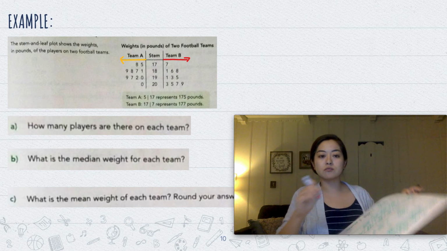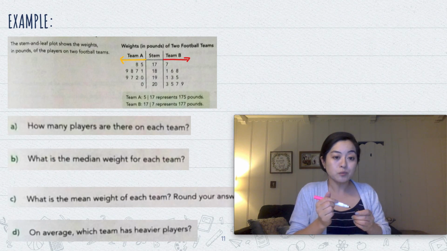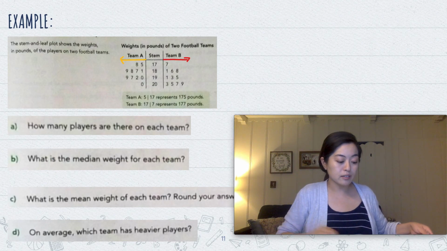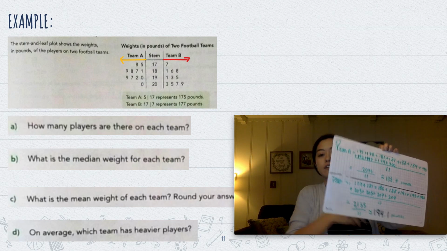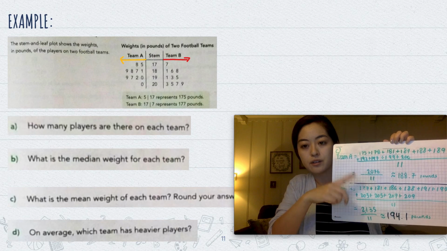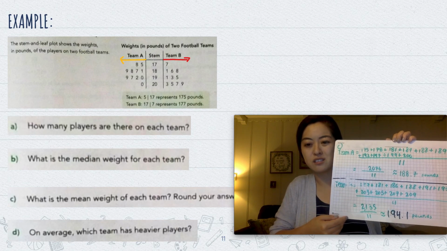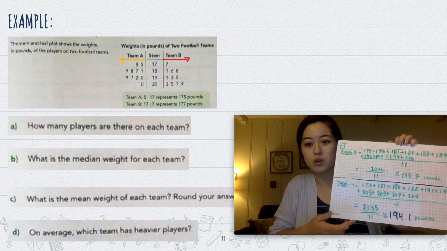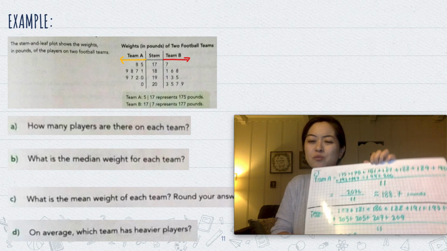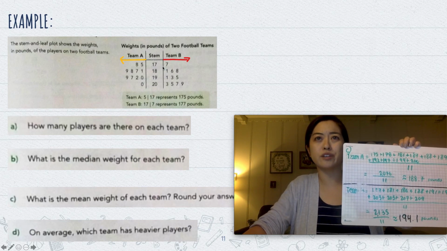194.1 pounds is my mean. Okay. And on average, which team has the heavier players? Well, we have to look at the average, which is the mean. So which team has the heavier players? It looks like Team B because their average is 194.1 pounds. And we can see that it makes sense with the data that we've been given because